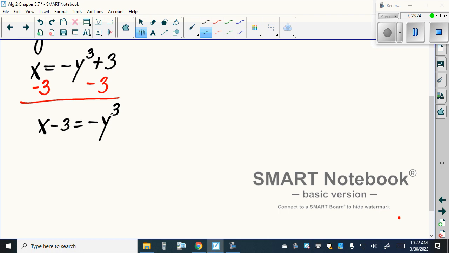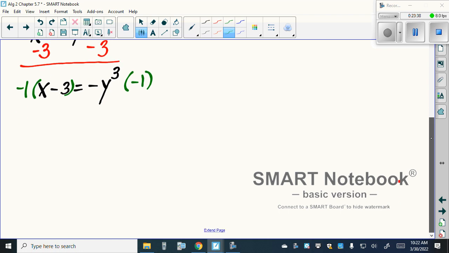So we have a negative in the third power, yes? Which one do we want to deal with first? The negative. So we can do it in one of 2 ways. I can multiply both sides by negative 1. Or we could have divided both sides by negative 1. Either way, negative y cubed times negative 1 is y cubed. Is equal to,